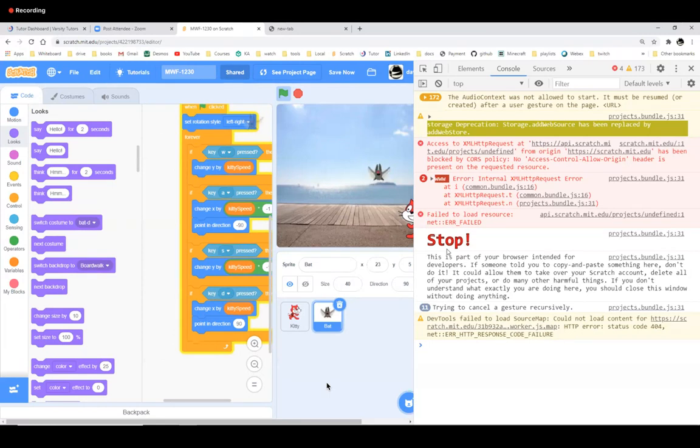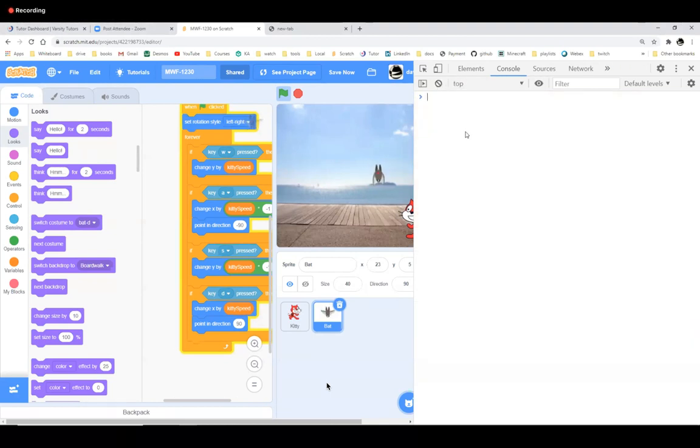Okay, look. So I'm on a Windows machine and I'm using Chrome. I've hit Control Shift J to bring up my JavaScript console. These are the developer tools. You can find them; just look up how to get the JavaScript console on whatever browser you have. I'm on the JavaScript console over here. I'm going to clear it out. I'm not going to pay attention to any of those warnings.